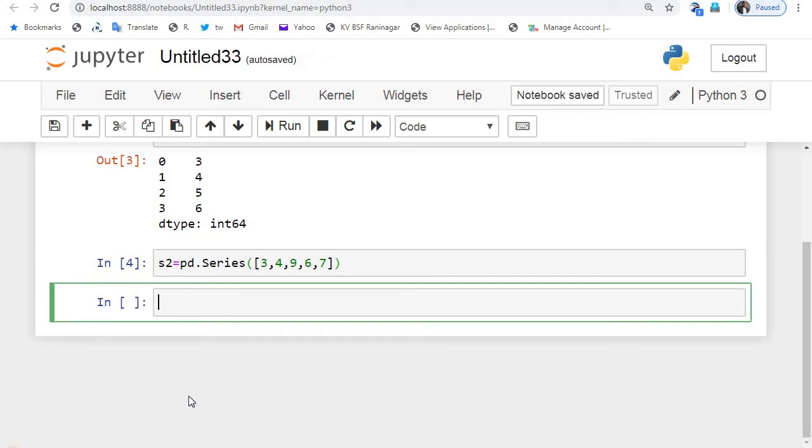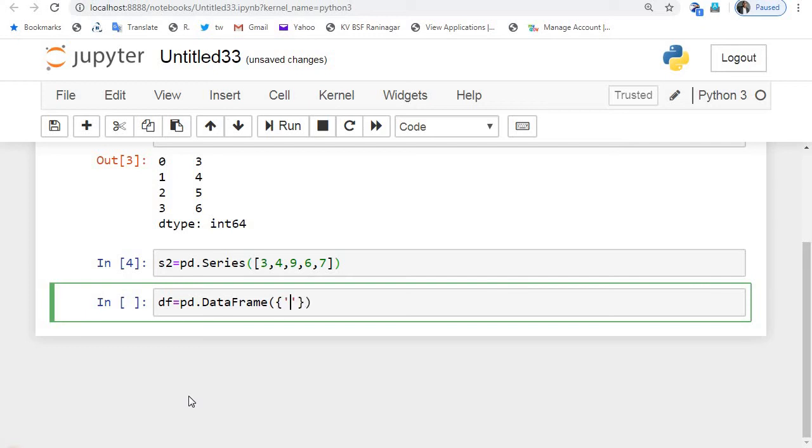Using the pandas DataFrame constructor function we can create a data frame in which we can pass a dictionary, a list of lists, or using some other ways we can create the data frame. So here we are passing a dictionary of series. Dictionary keys and values are enclosed inside curly braces.